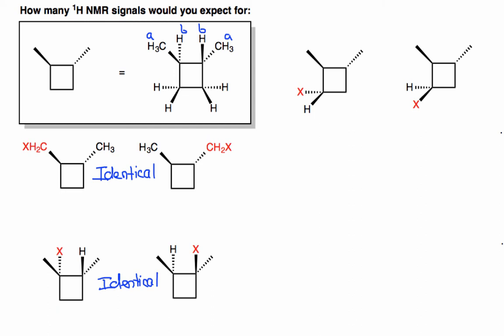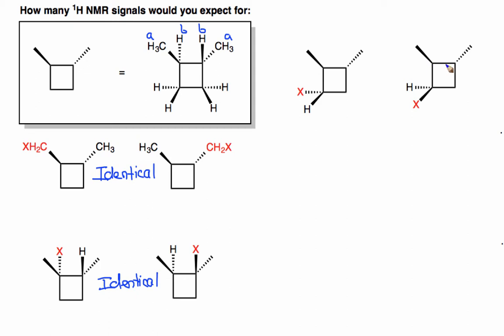Here I've replaced in one molecule the back hydrogen with an X, and then in the other representation the front hydrogen with an X. Now if we look at these two compounds, they're not mirror images, they're not identical,